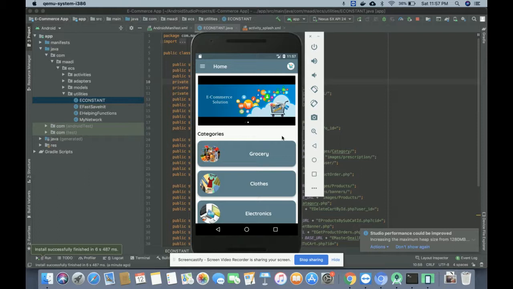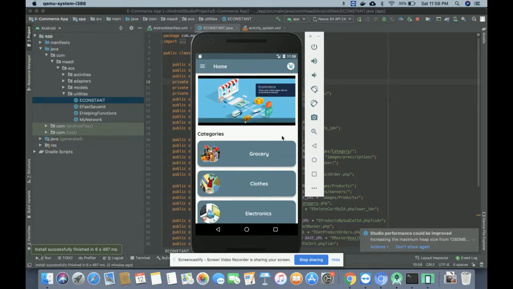So you know that we can't connect Android with MySQL directly, because Android is the front-end language for mobile, and MySQL is the server-based database, right? So for communicating between MySQL and Android, we have developed an API, an application programming interface, between them. So Android communicates with MySQL using the API, right?